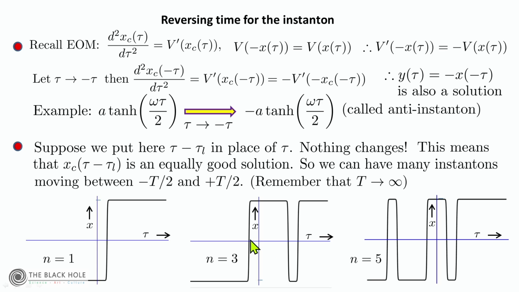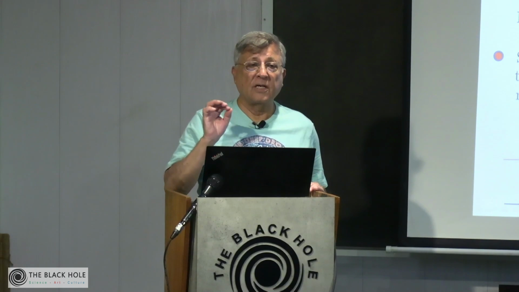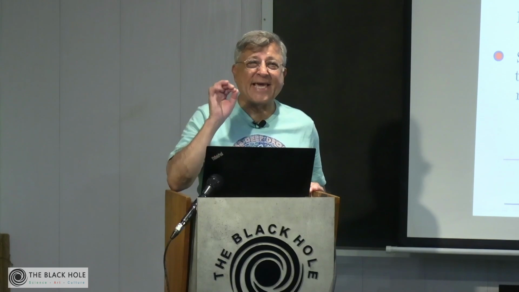So three times the axis has been crossed, here, here, and here. So these are three instantons. It's not that one instanton has gotten fat. No, these are like three kinks,